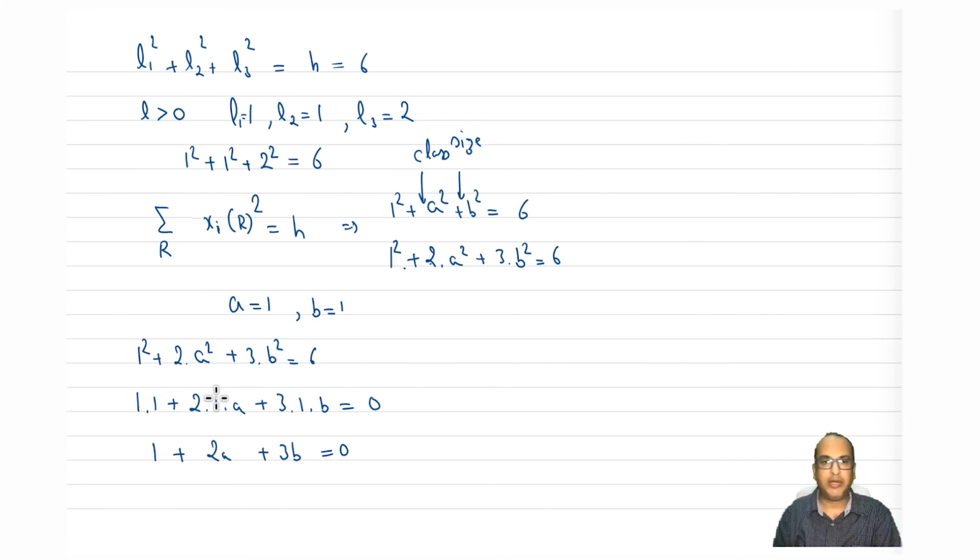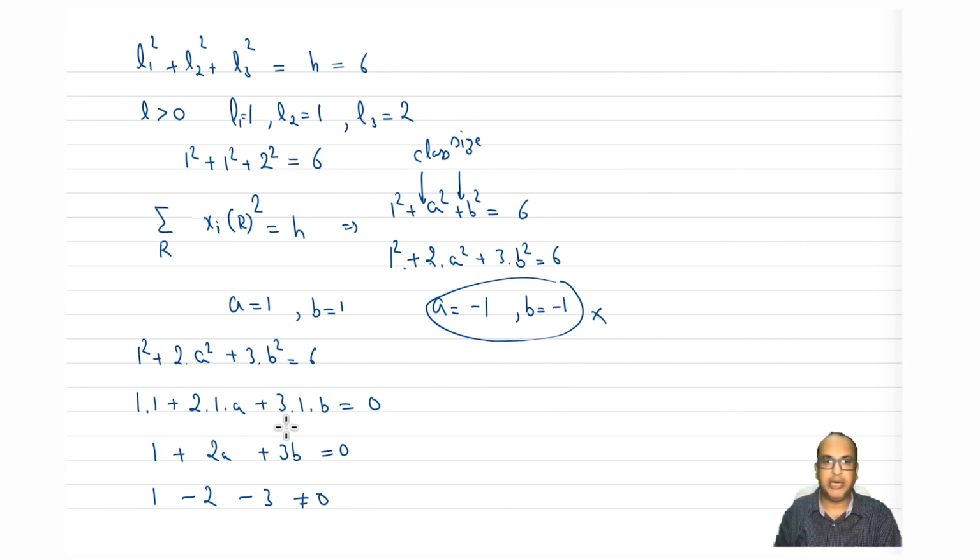So now I have to find which digits a and b can take, plus 1 and minus 1. We have seen that earlier. If you put plus 1 also, it will take the values, but plus 1 values are already taken for tau 1. Now the negative 1 values, can both a and b be negative or not? So let us test that. Let's say a is minus 1 and b is also minus 1. Does it follow this equation also? That will give you 1 minus 2 minus 3, which is not equal to 0, right? So that means this is not a solution.